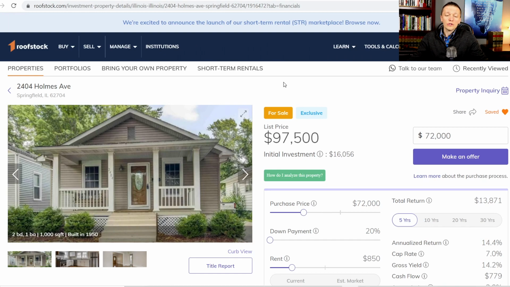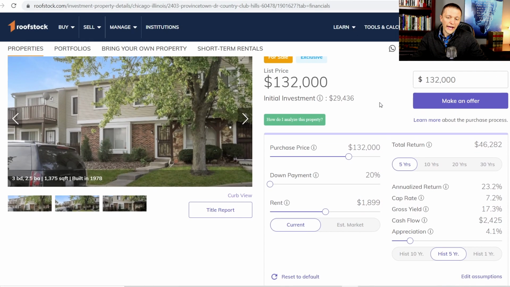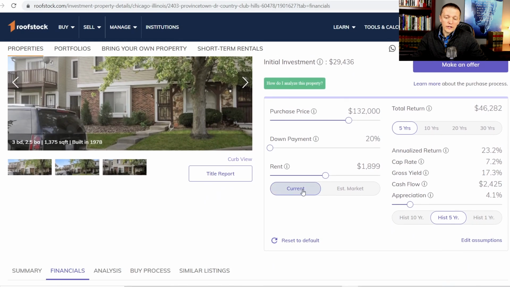All right, so now that we looked at one property that I don't think would fit my investing criteria, let's take a look at another property, this one also in Illinois, that I think might do a little bit better. So this one is located in Country Club Hills, Illinois, and it's 2403 Provincetown Drive. This is actually a townhome. So the asking price is $132,000. And its current monthly rent is